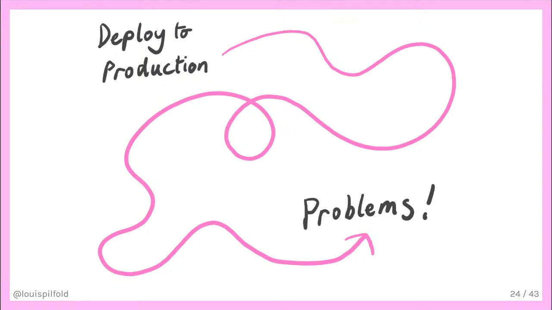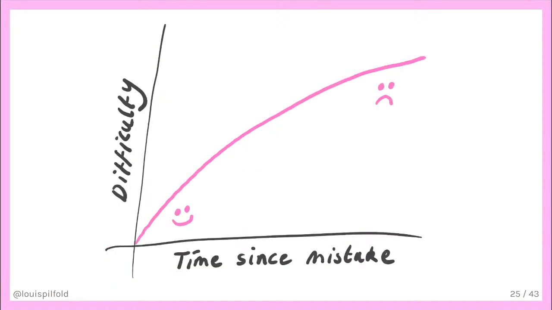Worst case, the code has been in production for months or maybe even years, and the writer of the bug has since left the company and gone somewhere else. And so now I'm left trying to fix a bug with unfamiliar code that I've never seen before. Maybe I don't even know what it does. The larger the gap between a mistake being made and a problem being detected, the more difficult it will be to fix. Of course, this isn't the only factor, but it is an important multiplier in terms of how difficult it's going to be.